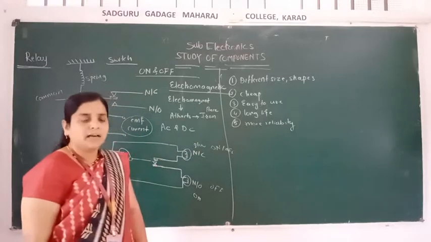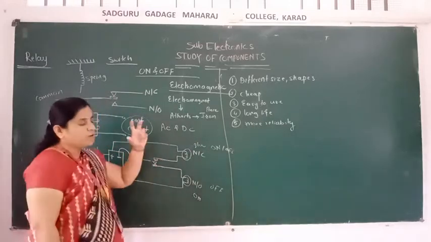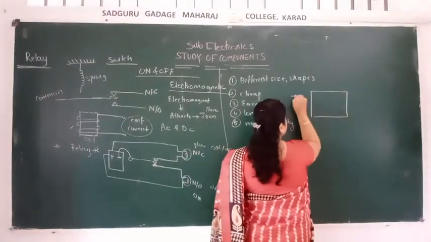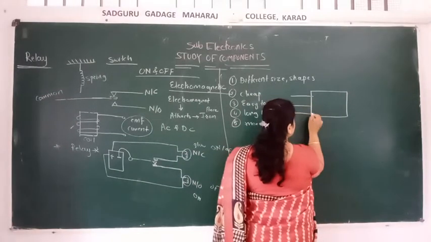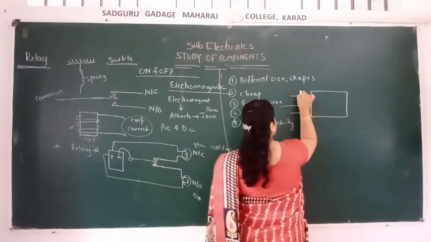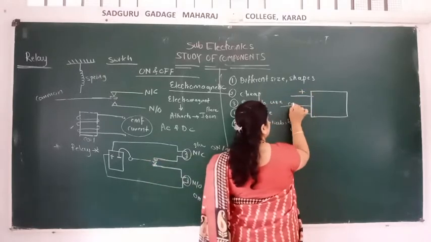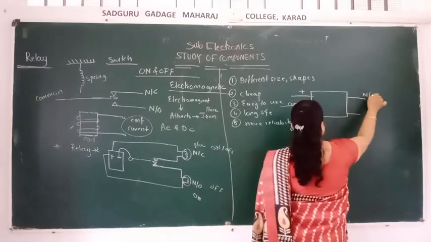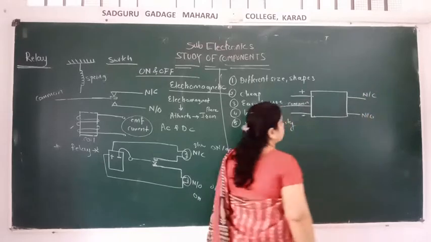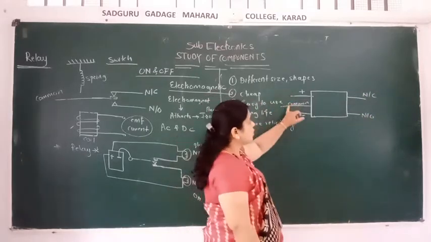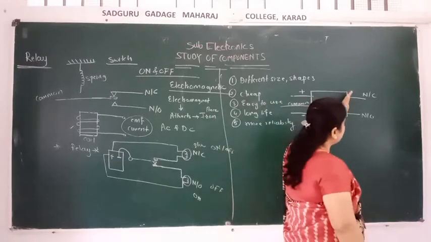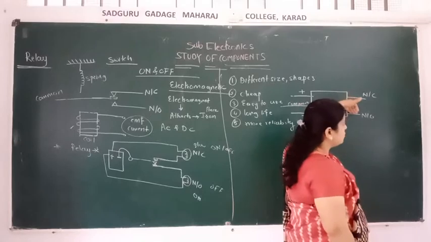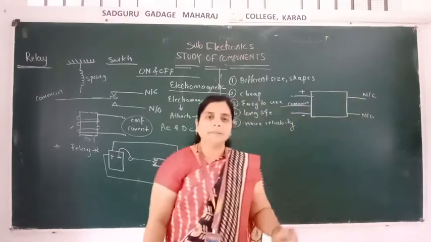Okay, so if you want to see the relay, it is like this. See, there are 3 lines there. Yes, no doubt that we have seen here. That is one positive line, one negative line, and one common line. Here there will be normally closed and normally open. Okay, these are 2 terminals. That common thing is there. If this common is connected to the upward side, the normally closed will operate. If it is connected to the downward side, then normally open will work.